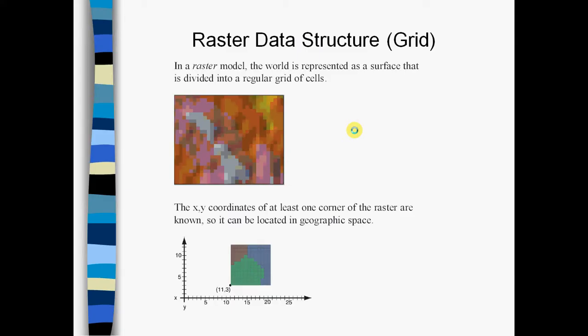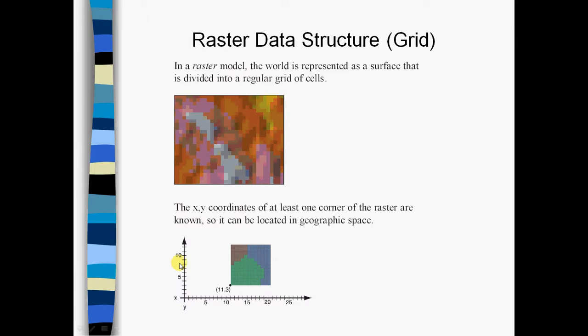It is a raster data structure, as I said. In this case, each of the values is represented by a certain color to make it more visualizable. And as in any raster data structure, each of the cells represents a position in some coordinate system. In this case, it's a simple XY system. In GIS, it might be a UTM system, where the origin is the intersection of the equator and the prime